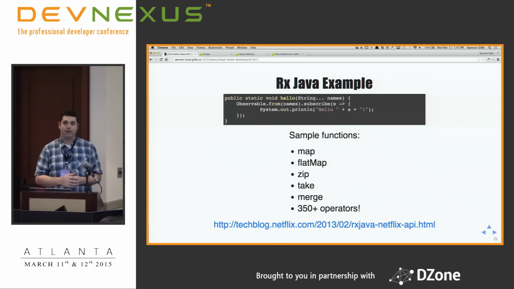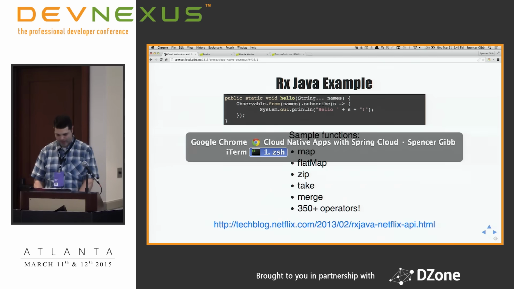If you're doing it in Java 7 or under, it can be a little painful with anonymous classes, and Java 8, which I've done in this project, certainly makes a ton of difference. They have client libraries for Scala and Groovy and Clojure and most JVM languages you'd be using. You can use RxJava, but it certainly helps to have.